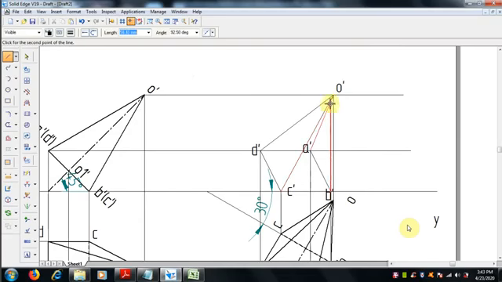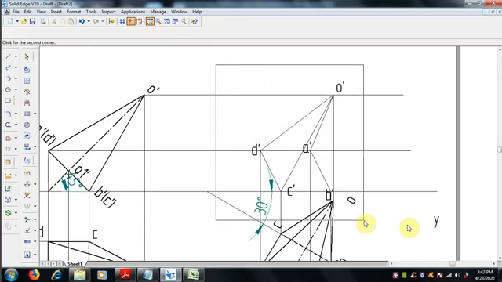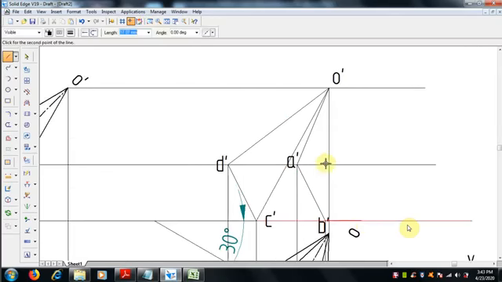Join with the end point. Okay, fine. Let's select the end point symbol. Once it comes, then that can be done.